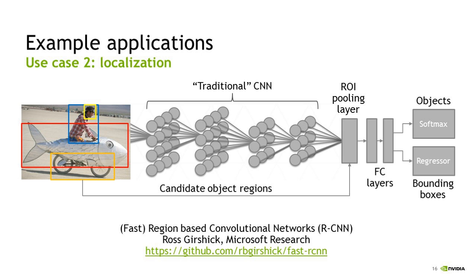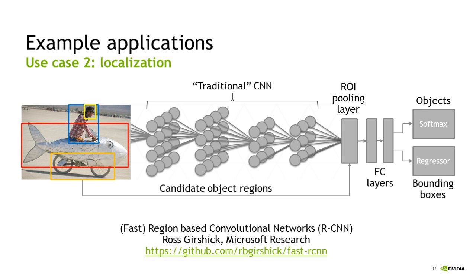Well, there is a model called region-based convolutional neural networks, and there's a URL to a fork of Caffe which provides the code for fast region-based convolutional neural networks. And essentially the way this works is that you have a traditional convolutional neural network that performs your object detection. So it just detects which objects are in the scenes. And simultaneously you have another method which produces candidate locations for where these objects are in the scene,